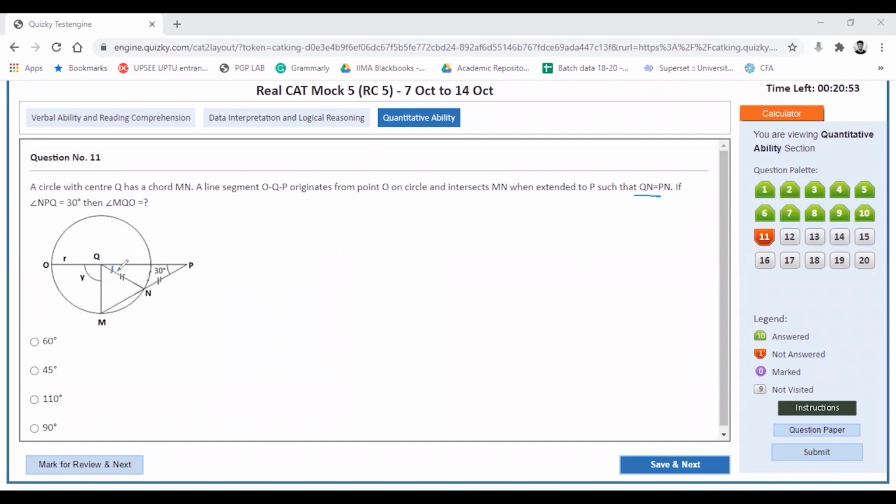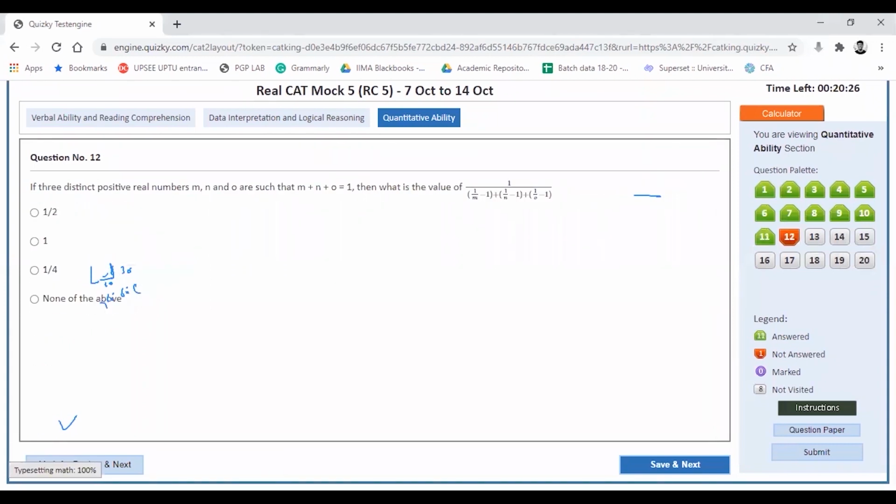Okay, now this is 30. Since these sides are equal, now opposite exterior angle property, this becomes 60. And if this is radius, both are radius, this becomes 60. 60, 60, 120. Anyways, this angle becomes 60 again. This whole becomes 90, and this is a straight line. This again becomes 90. So option D. Nice. So we can choose this option and get to the next.